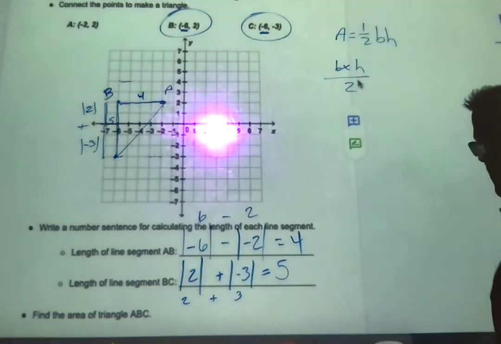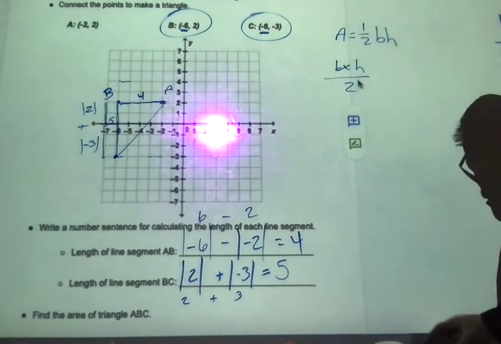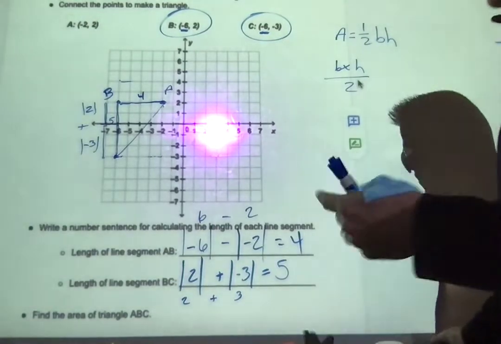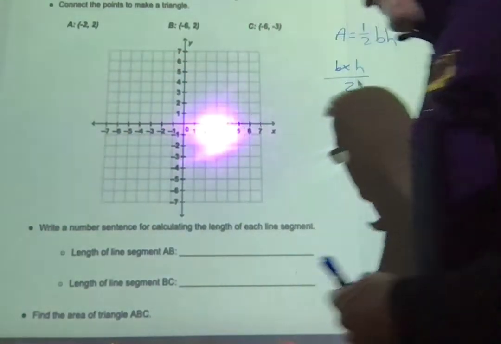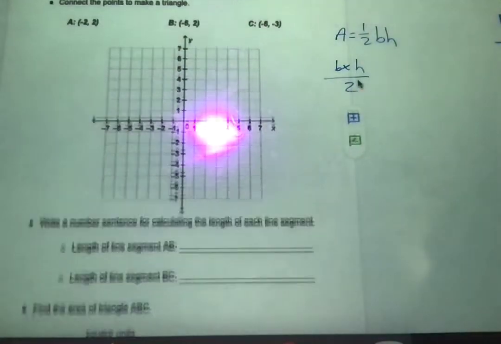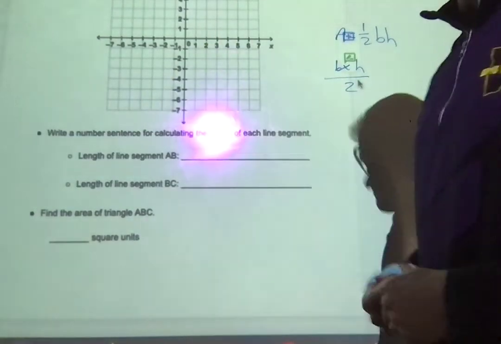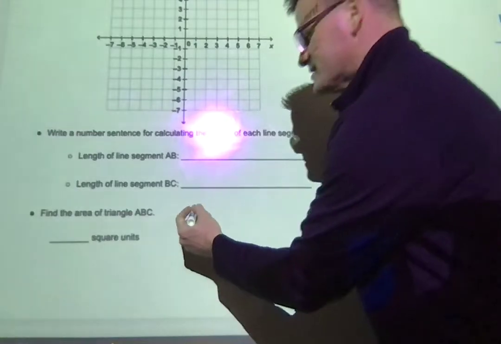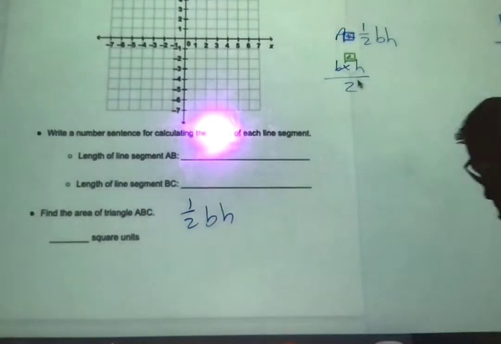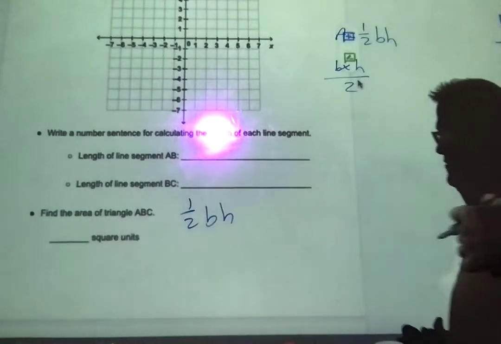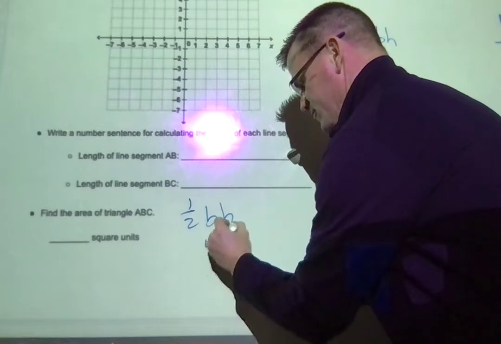So I'm going to scroll up here. I'm going to erase. Make sure you pause the video if you need to make sure you get all this written. And we'll go answer this area question with the formula. And we just talked about it, so we'll just finish it up here. So find the area of triangle ABC, which we had drawn up here. And we already talked about the area is 1/2 the base times the height, because it's half of that parallelogram, or in that case it was a rectangle. So if the base was 4 and the height was 5,